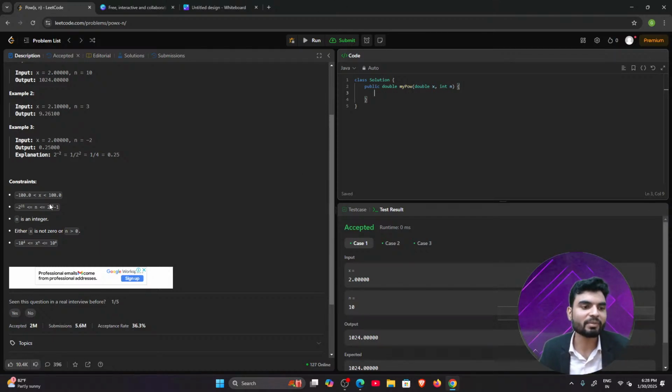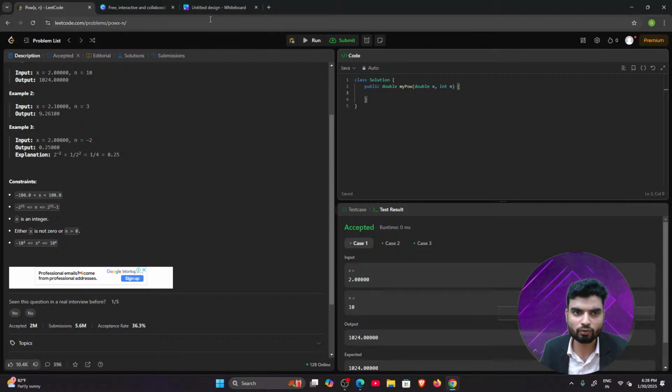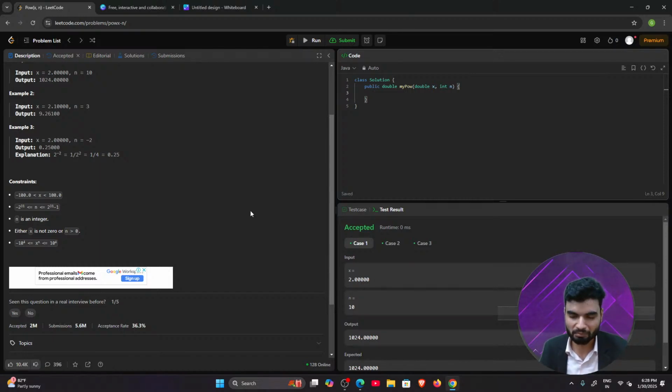But again, read the value of n, meaning the power can be negative and positive as well. There are two chances. So for negative power, let's suppose there is 2 to the power minus 5, which means 1 upon 2 to the power 5, right? Whenever the power is minus, we write that number in the denominator with 1 in the numerator.